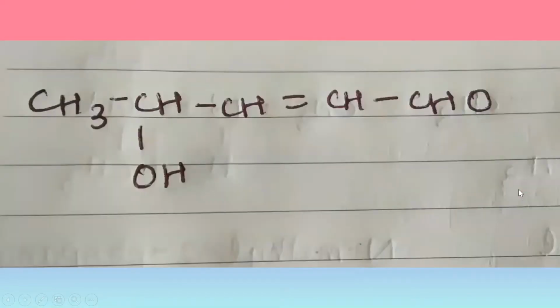Coming to our next one, you can see that there is an aldehyde group present in our compound, and we also have an alcohol group present, and a double bond also present in the compound. So which one to take as the functional group? We all know that according to the priority table, aldehydes are given more priority when compared to alcohols.